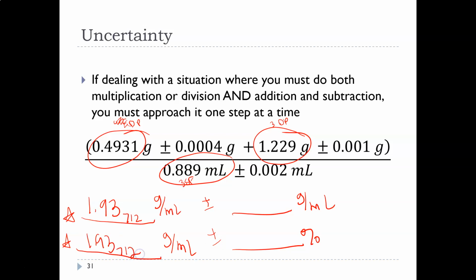Okay, so what we need to do now is look at the uncertainty. Well, so I've got addition right here, and then I've got division right here. So we're going to have to just break this problem into parts, and we're going to go in the order of the mathematical operation. So in this problem, we do the addition first because there are parentheses. So we're going to break this problem in half and just look at just the addition part of it when we're looking at the uncertainty. So I'm going to rewrite just the addition part. It was the